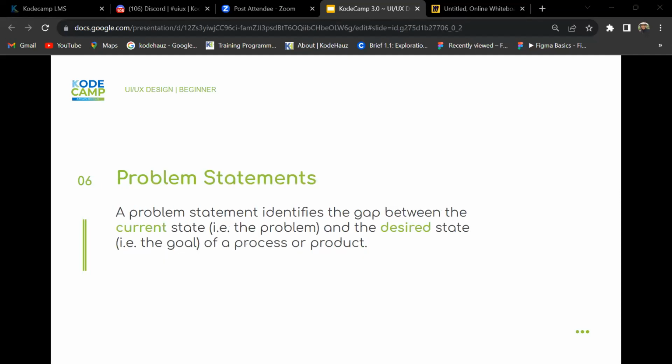Now, what exactly is a problem statement? A problem statement identifies the gap between the current state, which is the problem, and the desired state, which is the goal of a process or product. Within the design context, you can think of the user problem as an unmet need. By designing a solution that meets this need, you can satisfy the user and also ensure a pleasant